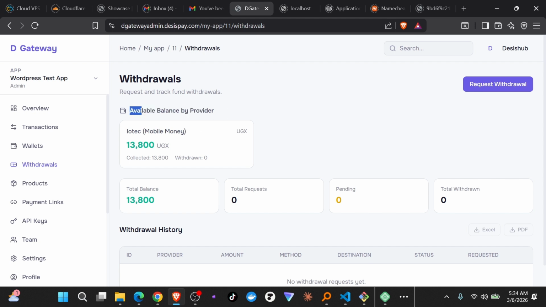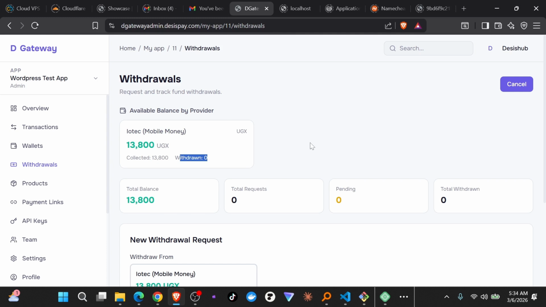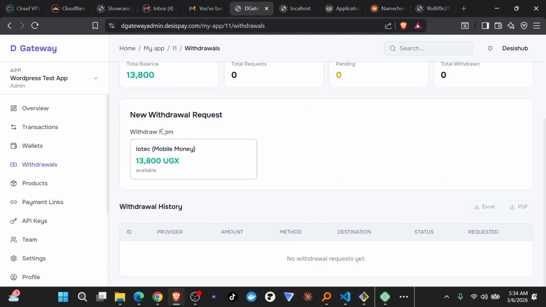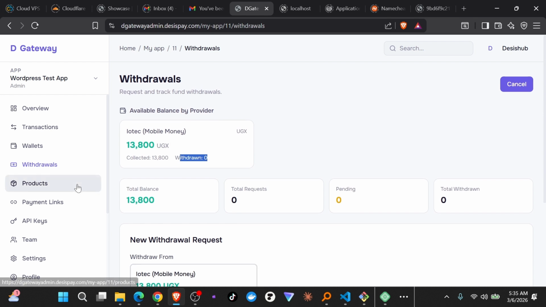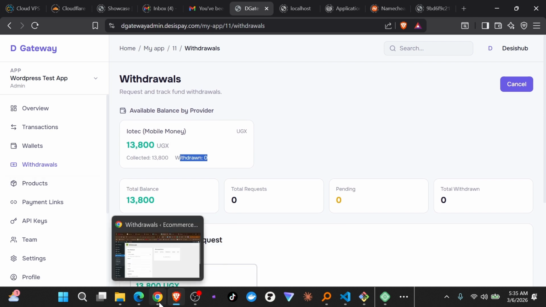available by provider. So if you have different providers here, they will be here, each with its own balance, and you haven't withdrawn anything, and you can request withdraw, and you can see that right now you can just withdraw from this one. So withdraw from, you select where you want to withdraw, and you move on. Anyways, so that's going to be another video,